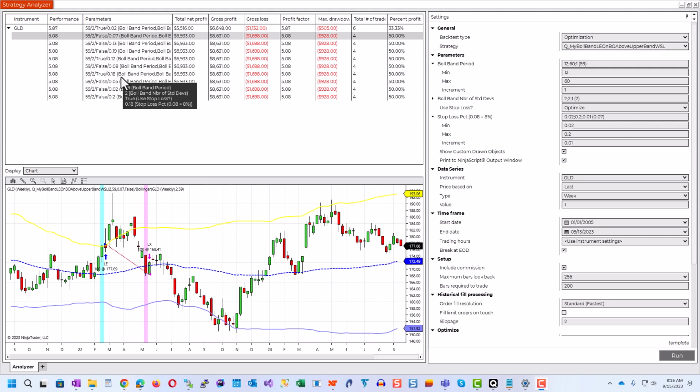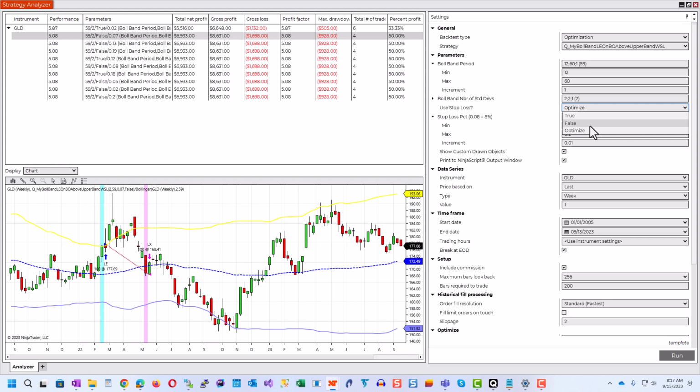I think I'll end the discussion of the optimization results here because there are so few trades per backtest, and also because the purpose of this video was really to show you how you can add a stop loss to your point and click strategies for NinjaTrader without coding in Quagensia N Edition, and how by using a use stop loss input parameter that can be true or false, you can create a strategy whose stop losses can be turned off in backtests, on live charts, and can be optimized over in the NinjaTrader optimizer by changing the true or false